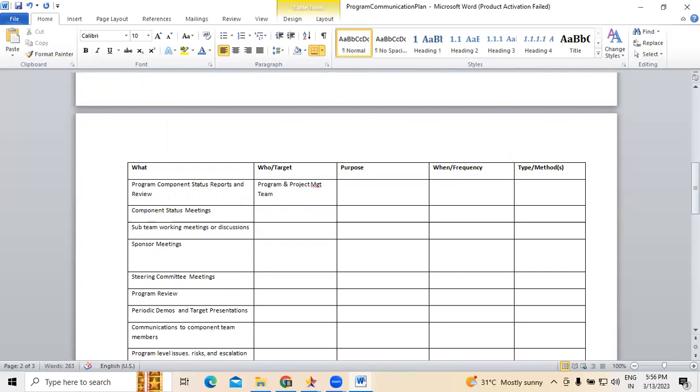I'm just mentioning it as team. The purpose is to provide an update on the components, whatever is completed.